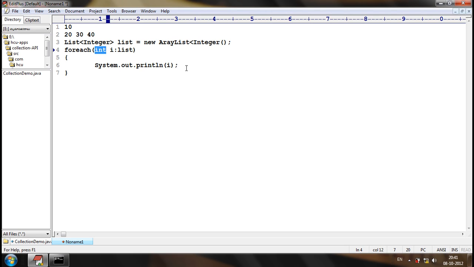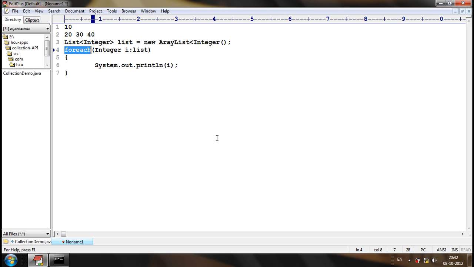Is conversion of an Integer wrapper class object into an int primitive possible or not in JDK 1.5? Yes, because of auto unboxing. This will not give a compile time error in JDK 1.5. Now let's consider I'm not going for int, let me go for Integer. Will it give any compile time error? No.